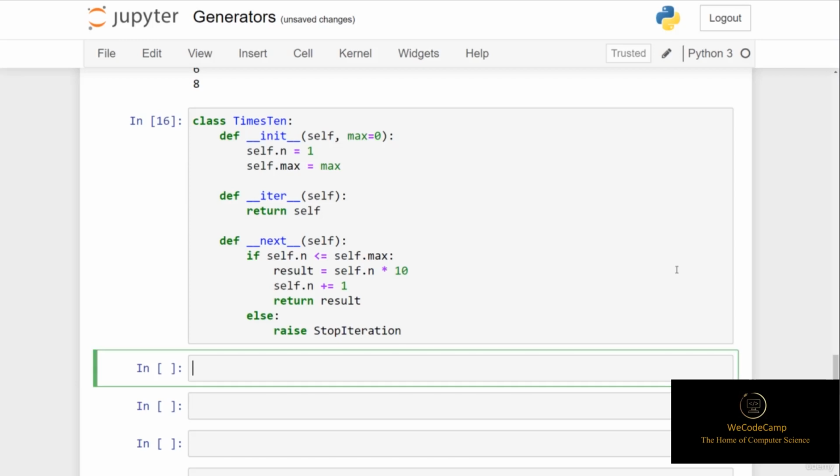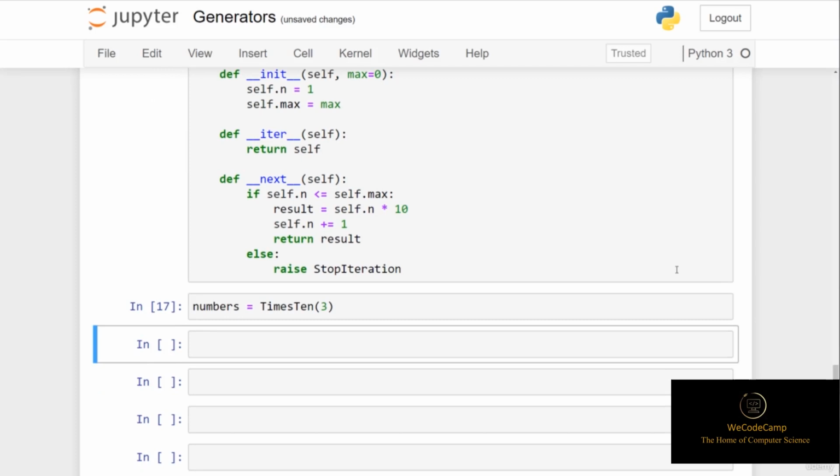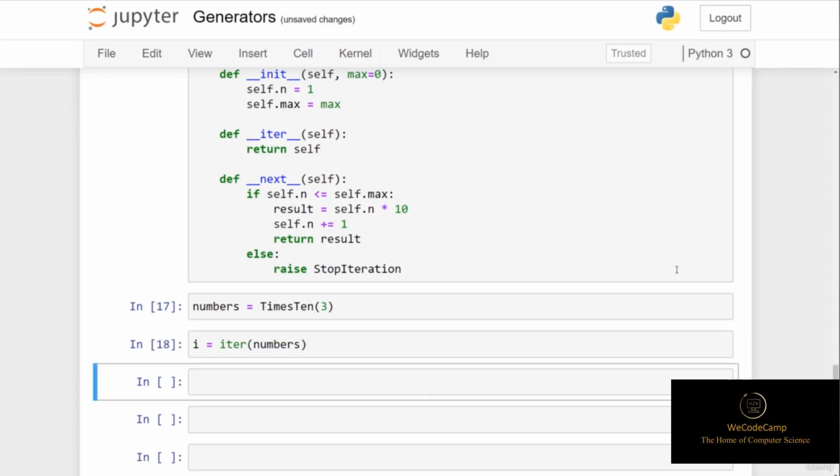We'll first of all create an instance of the Times10 class, so we'll create an object called numbers and set this equal to Times10, and for the purposes of this example we'll simply put in 3 as the max variable. We now know that with this numbers object we can create an iterator object because we've included the iter method inside of this class. So if I create a variable called i and set this equal to a call on the built-in iter function and then pass in the variable numbers,